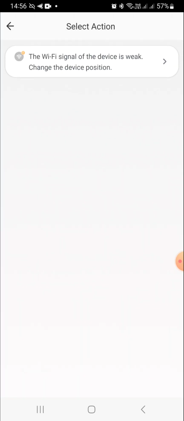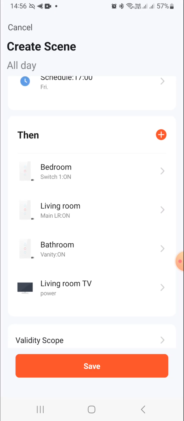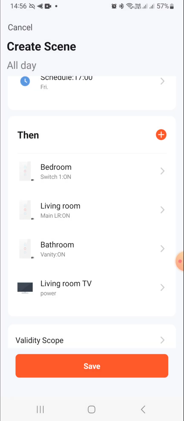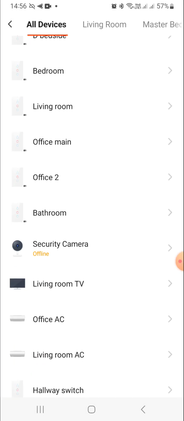Shabbat's starting, so I'm going to want to make sure the TV's off. And the nice thing about these automations is that they can run even if the TV's already off. This is just going to make sure that it's off, basically. So not that we watch TV that much, but just to have that in there, the TV will go off. So far we've done the TV is off, the lights are on, and finally we're just going to,